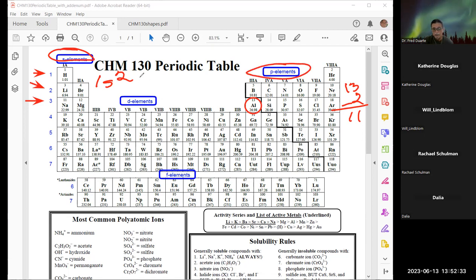So we got 2s2, and when the second energy level, all the P's is full, 2p6. Remember, for the P's, the maximum number of electrons you can put in the P's is 6. Maximum for the S is 2. Maximum for the D's is 10. Maximum for the F's is 14. So we got,